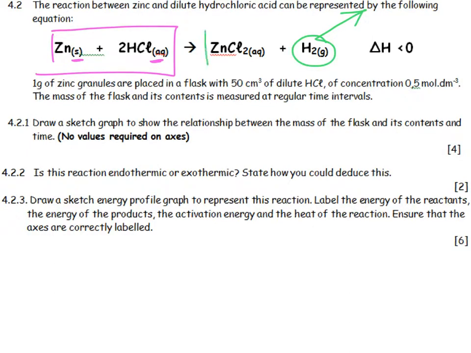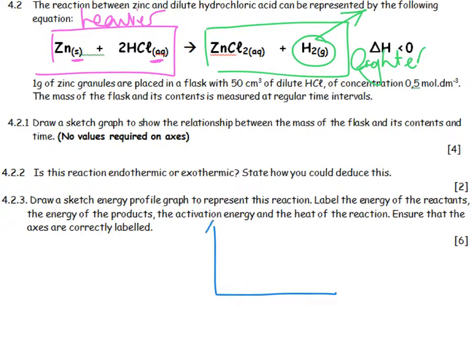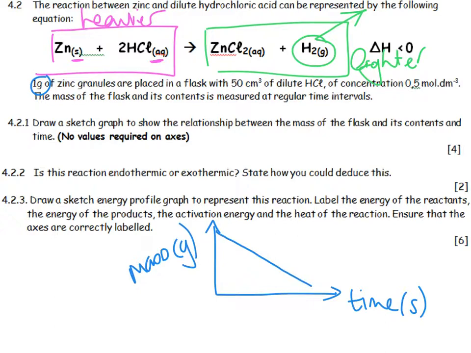So the products, more product means that is going to be lighter or less mass, versus this one, which is going to be heavier with more mass. Draw a sketch graph of the relationship between mass of the flask and its contents over time. You still have to label your graph mass, and it's reasonable to decide that you're going to use grams because they've given it to me in that, but that wasn't a big thing. Time, any unit of time,